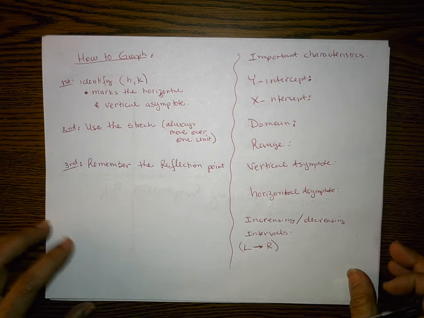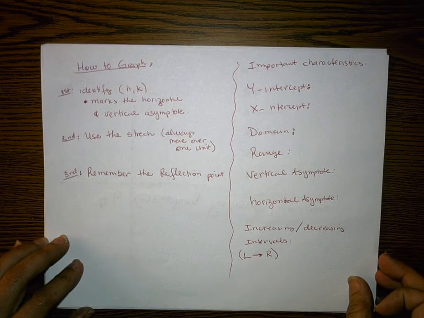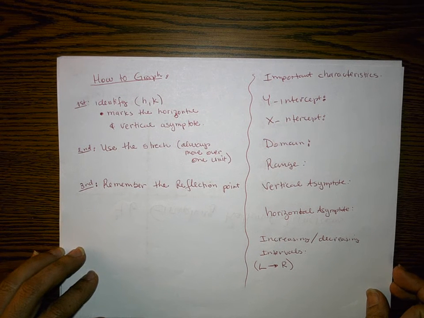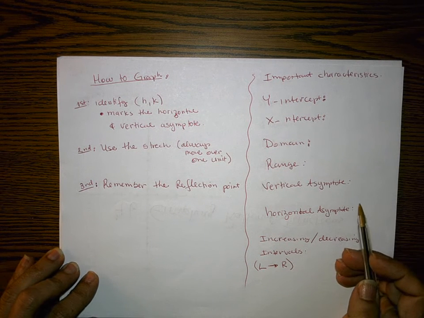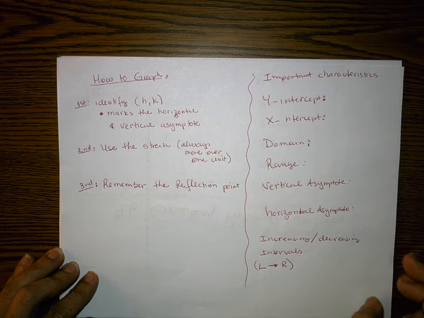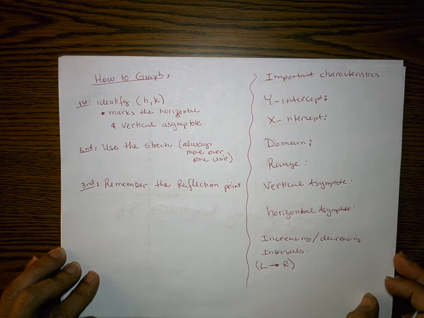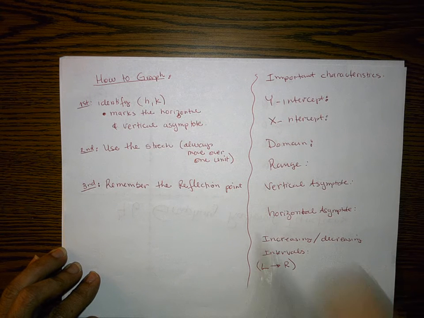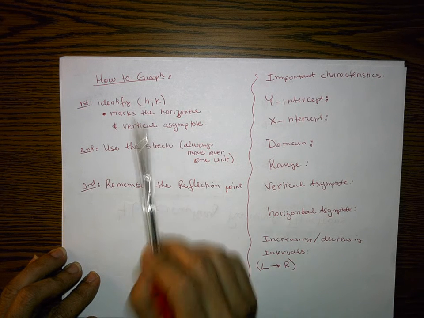Here are my brief notes. We went into more detail in class, and I'll go over it again really quick. How to graph, okay? So I gave this 3 steps, but if you want to create your own steps on how to graph, whatever is easy for you. But whenever a rational function is given to me, the first thing I want to do is identify the h